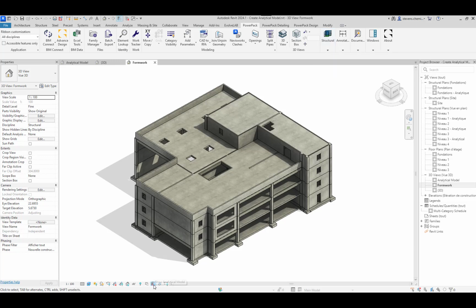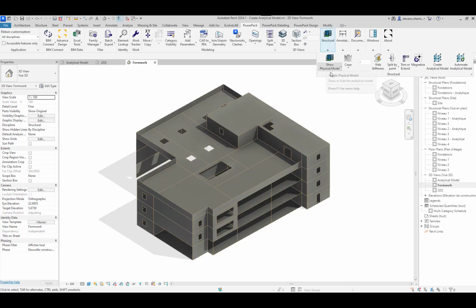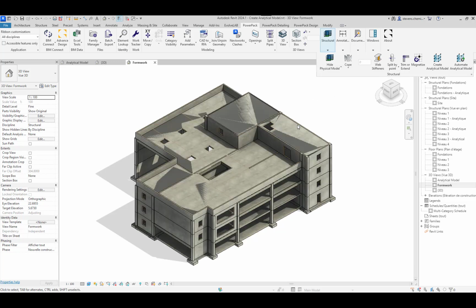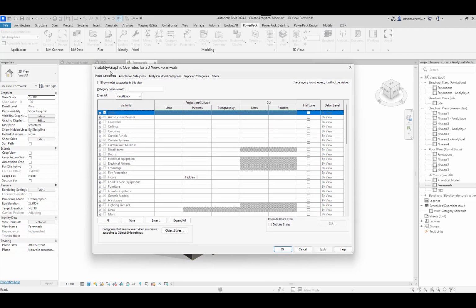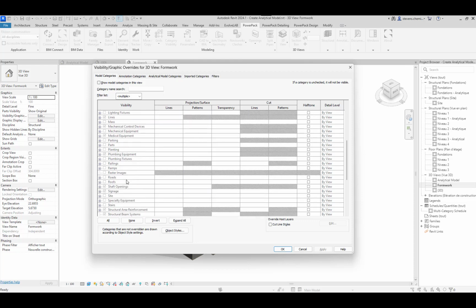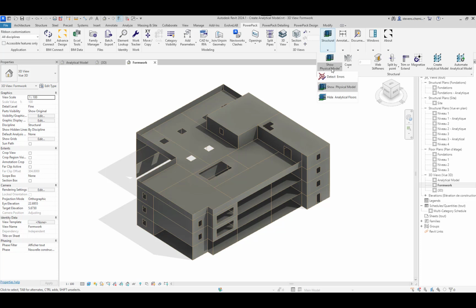You already know this command in Revit, which shows and hides the analytical model itself, but we have those commands to hide the physical model, or to show the physical model. Why is it interesting? Because a physical model is composed of various categories: beams, walls, columns, footings, and so on, meaning that if we open the visibility graphics commands, there are several categories concerned. So we are trying to avoid the user having to switch on and off all those categories.